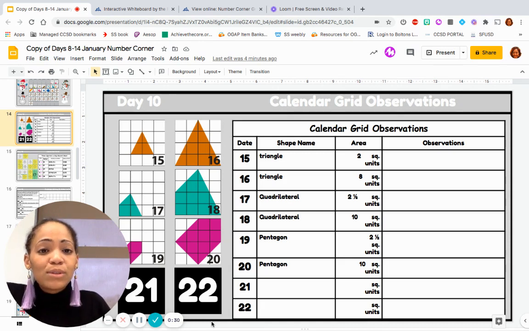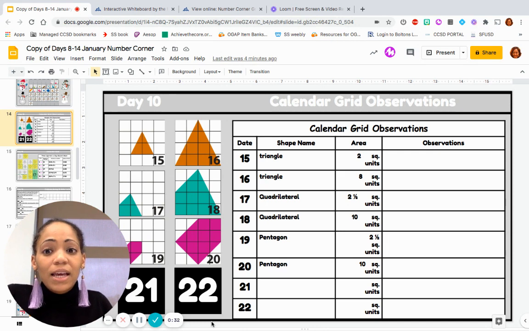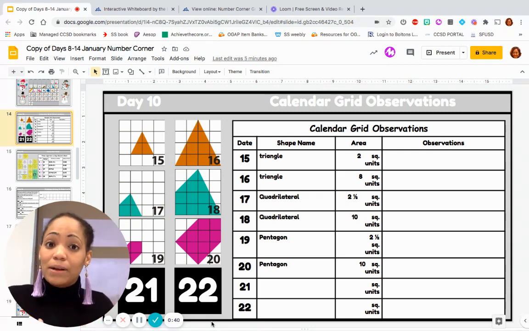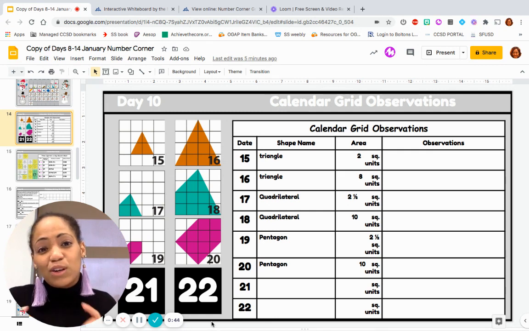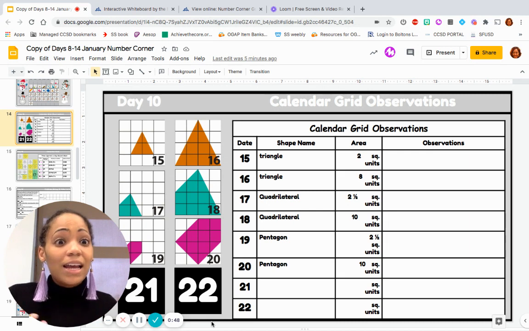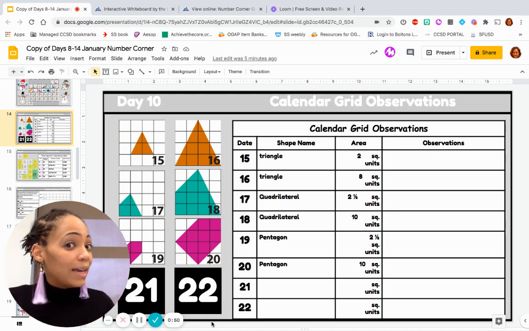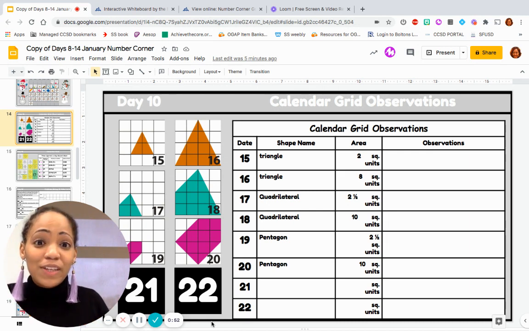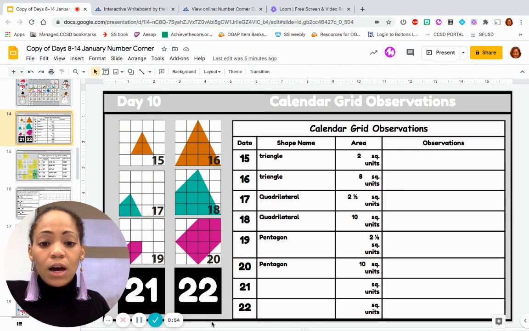Today is Tuesday, January the 20th, and it is what I will call day 11 of Number Corner. So it's been 11 days since you've seen my face on camera, but we've actually been in school for 12 days in January. So that's why I say I'm going to call it day 11, because I'm basing that on the plans that I have for how I know how to structure these videos. So we're going to talk about